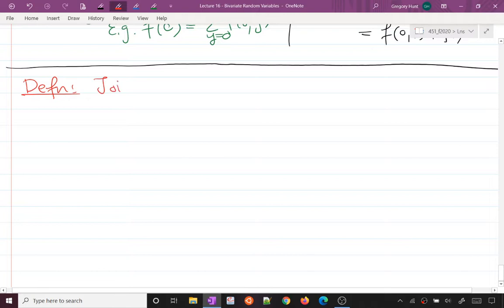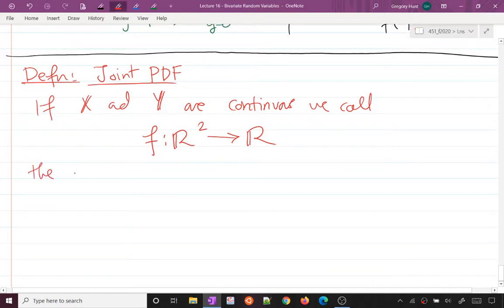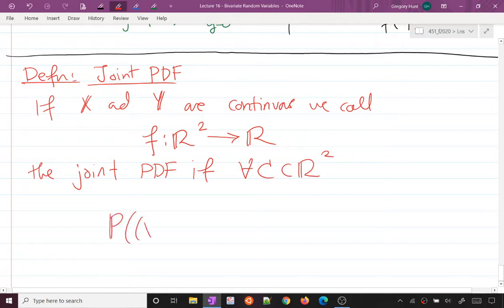So if x and y are continuous, we call f, which is a function that takes in 2 arguments and spits out a number, the joint PDF if for any subset, let's call this subset C, any subset C of the real plane, if I want to calculate the probability that (x, y) is in this subset, all I do is integrate f_XY